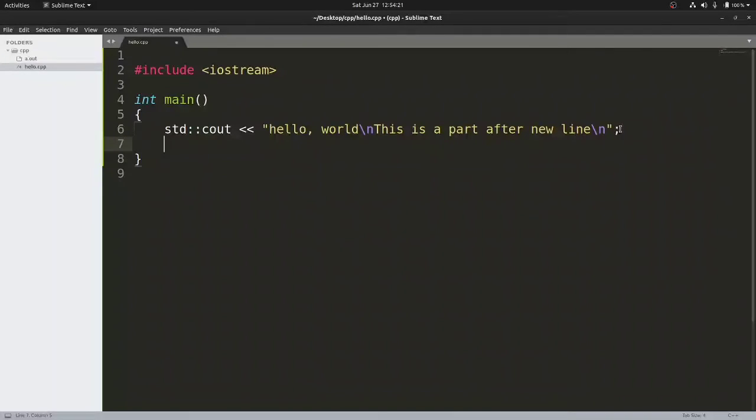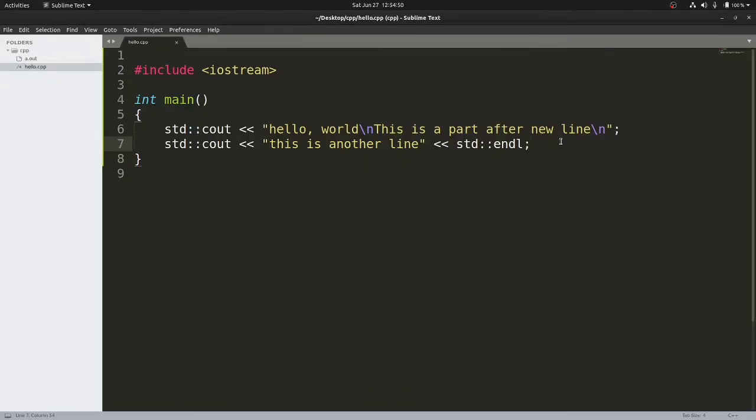Similarly we can put some more std::cout statements. This is another line, this is another line. You can just keep on printing. There is one more operator, or you can say one kind of manipulator, that you can use, called std::endl. So what is this endl? This will print a new line and it will flush the output. What is the meaning of flushing the output? I will explain that a little later.